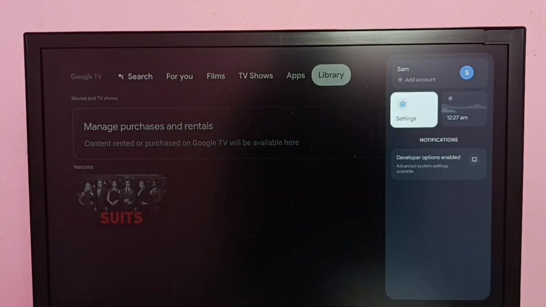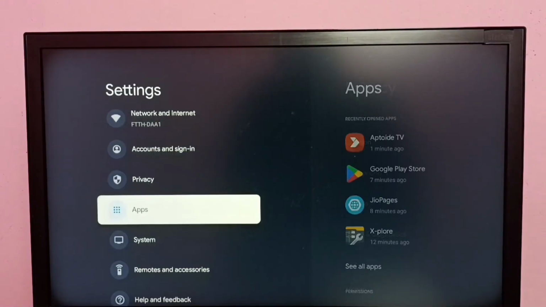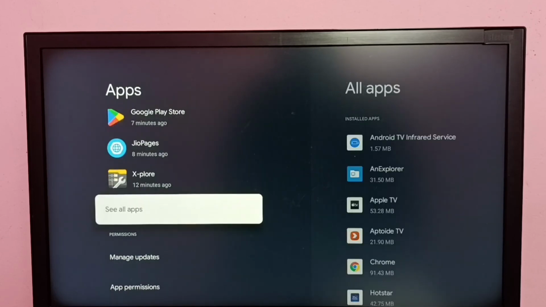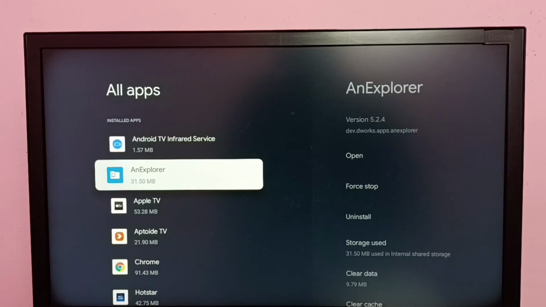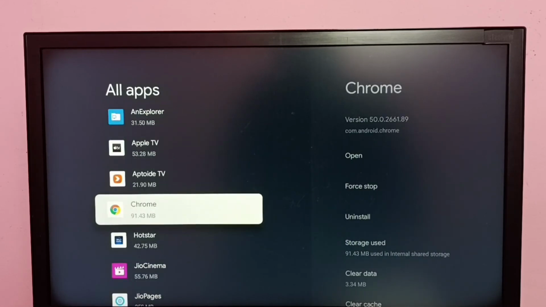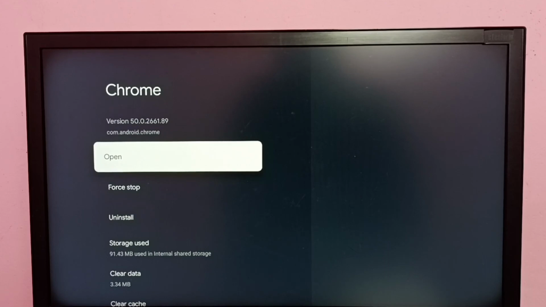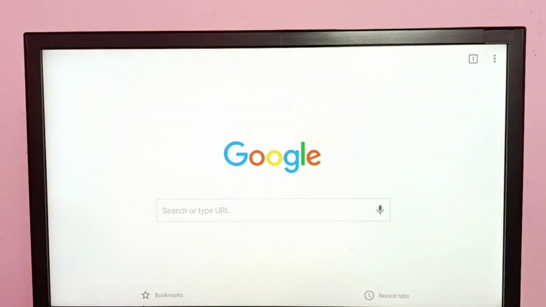settings, then apps, then go to or see all apps. Here we can see Chrome. Select it. Here we can see open. From here we can open. See,